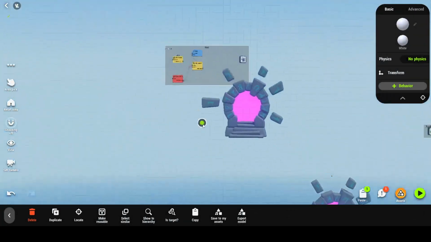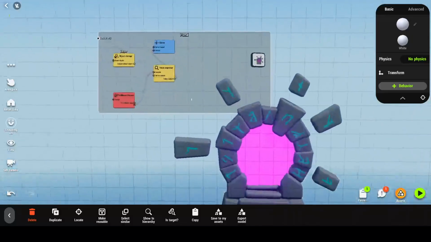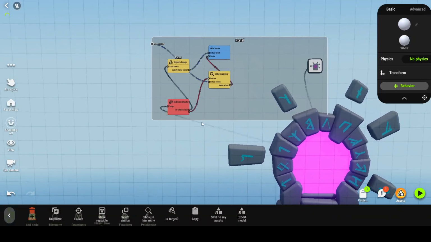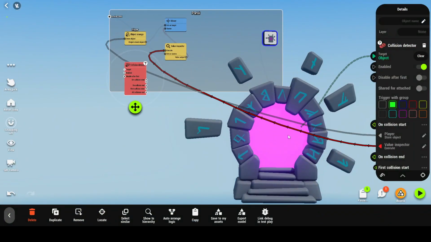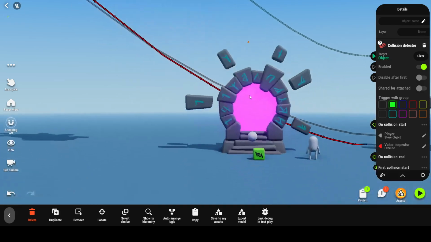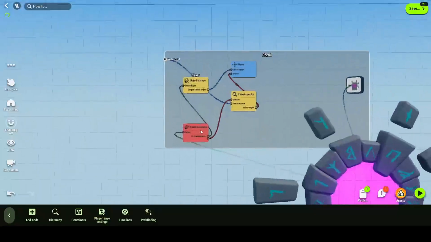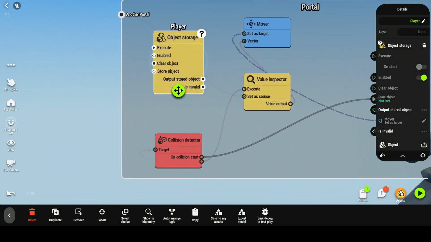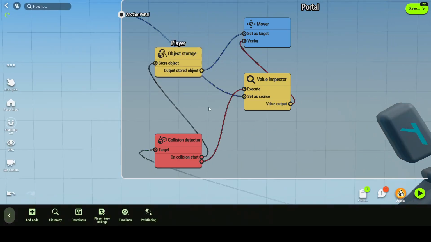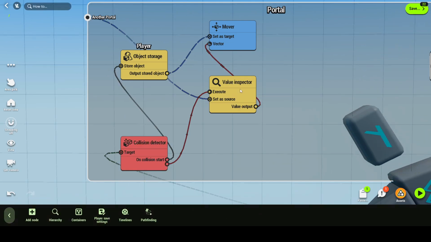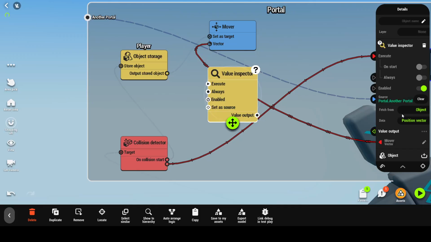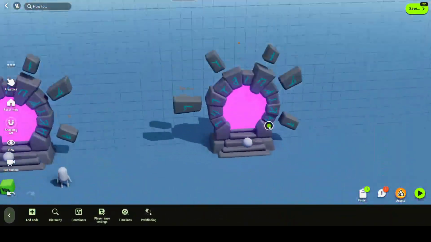I'll just do a small recap so that we are not confused, and it's a very simple setup. All we are doing is we just set up this door. We are using this collision detector on this. We're setting it to green because that is the player. And on collision, we'll first save that player information, and then after that, we dragged and dropped, and we executed this value inspector. This value inspector will take in the position of the other portal. Now the other portal here is a sphere,